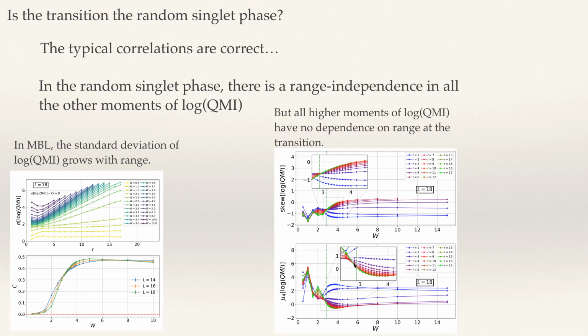What we looked at is how these move with system size. And what we see is that they're all moving in such a way that is consistent with them all coming together at the same place. Now it's tiny numerics. We can't promise that that is what happens. But what we really have in terms of the data is a point where essentially all the ranges, except for range 1 here, are at a very, very close point. We have a system size dependence that's all drifting toward essentially the same thing. And again, the best we can do at the moment is say that certainly looks like everything is coming together